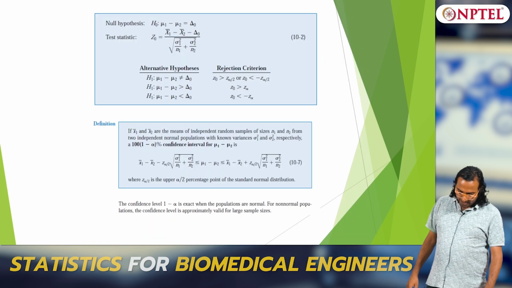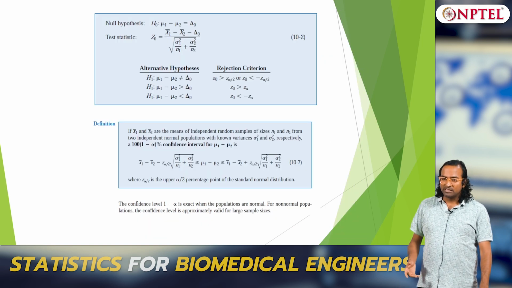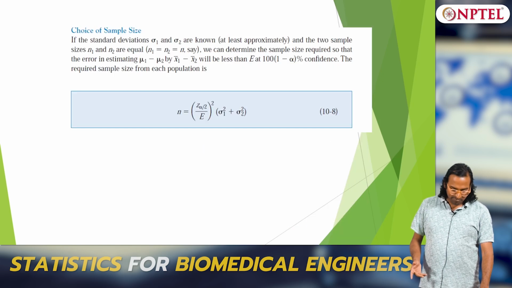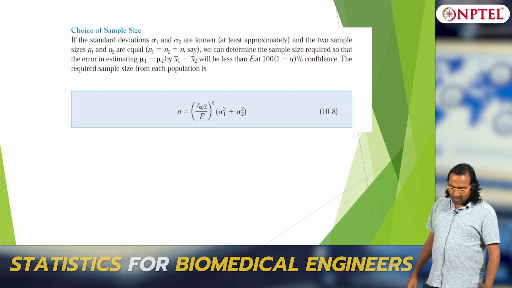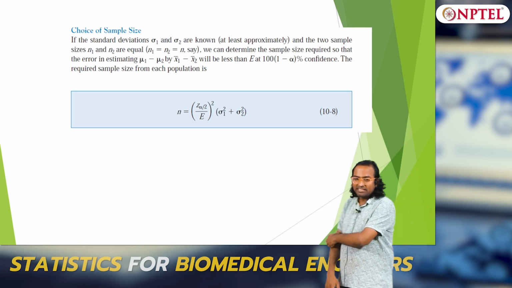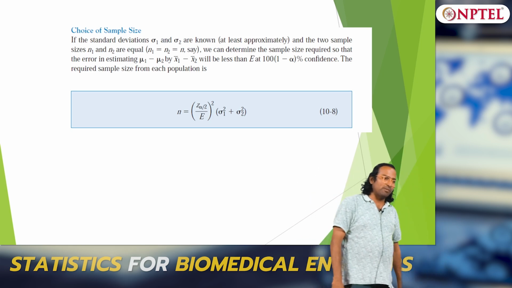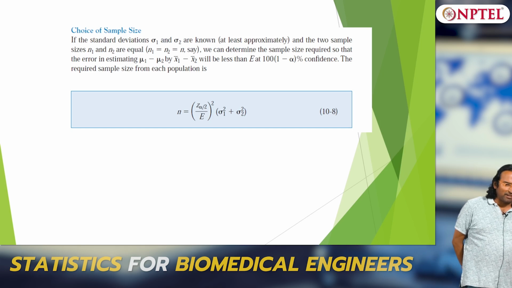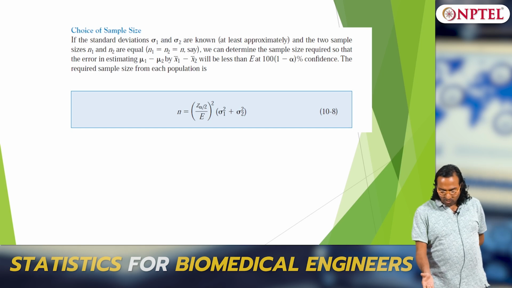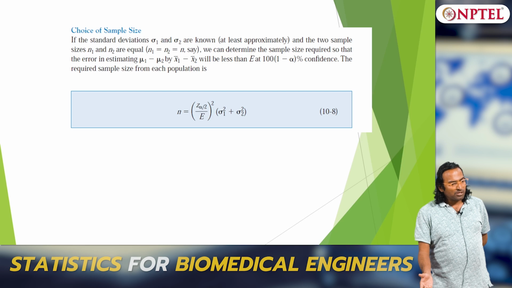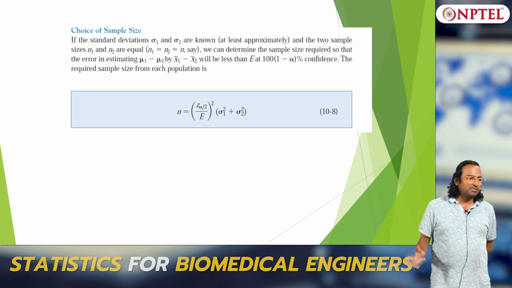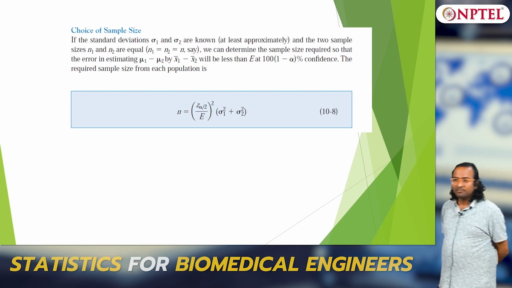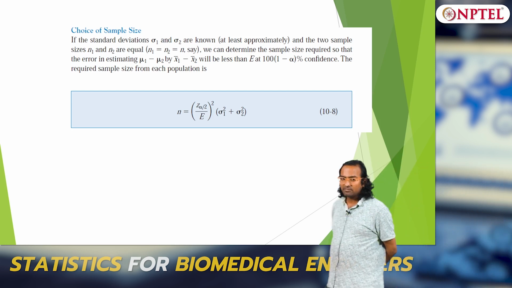I have given a problem here that you can work out, because these are standard substitutions of numbers basically. And now you can again choose the sample size. I think I asked one of the problems to be sample size selection in quiz 1, the same idea. Now instead of sigma 1 squared, you will have sigma 1 squared plus sigma 2 squared. Straightforward extensions.